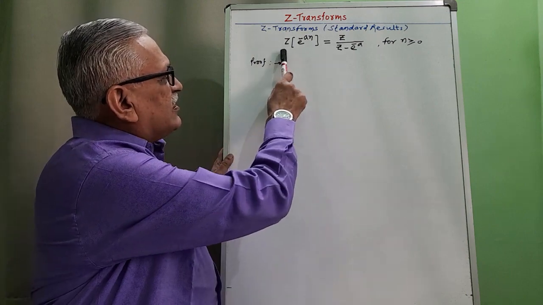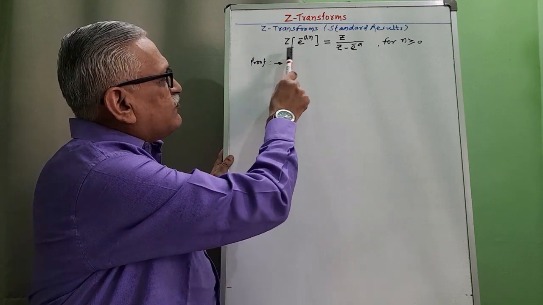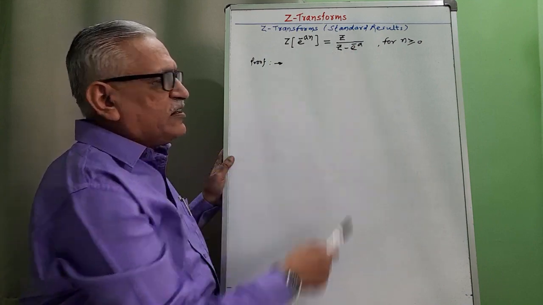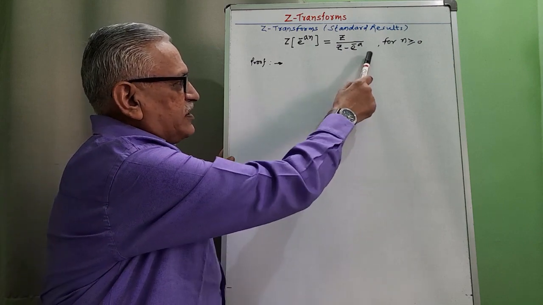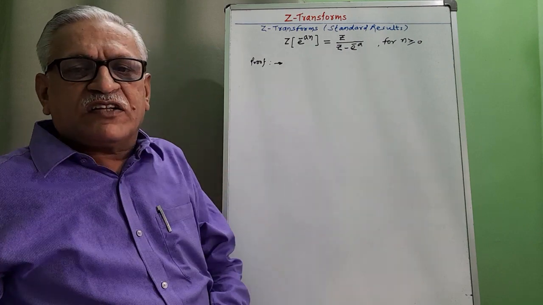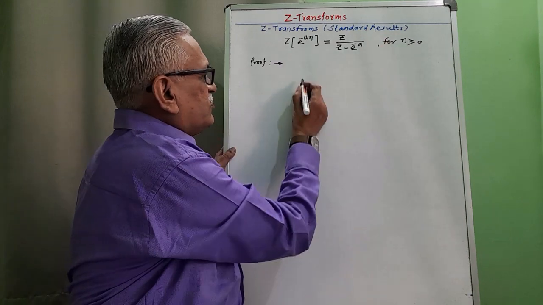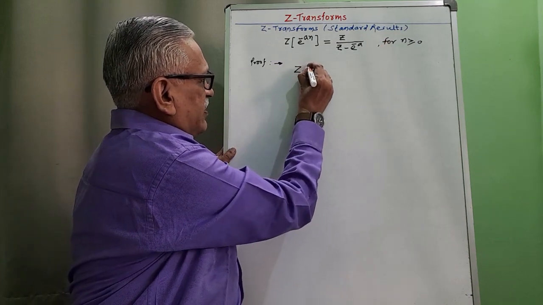Standard result number 3. Z transform of e raised to minus an is equal to z divided by z minus e raised to minus a, for the condition n greater than or equal to 0. As the condition is n greater than or equal to 0, Z transform is given by, we know this result,